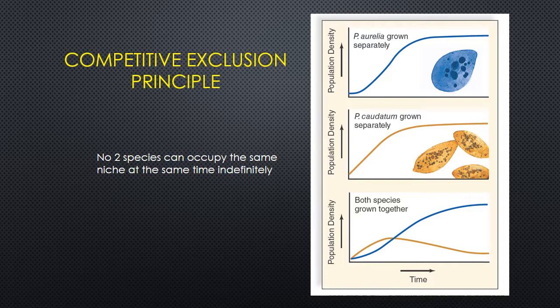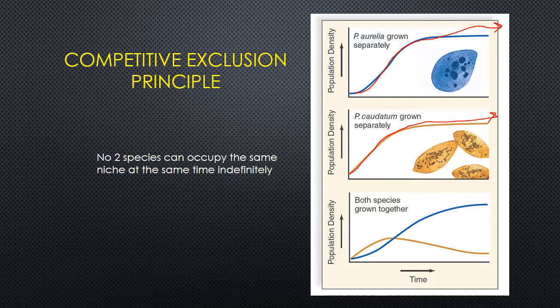So for instance, in our chart over here, let me get out my little pointer. When we look at the blue species, we're just going to call it that and make it simple. On its own, it grows well, and then it levels off, and it looks like it's going to go that way indefinitely. And then the same thing happens with our yellow species, grown in the same agar plate. Great, it grows until the population density hits a place where it plateaus, and it looks like it's going to be that way indefinitely. When we grow them together,